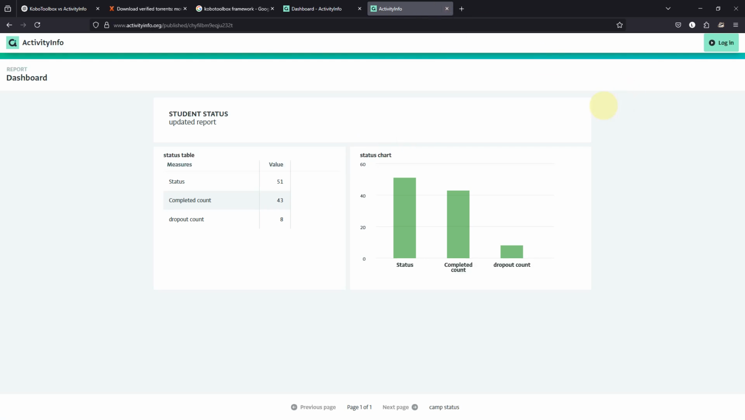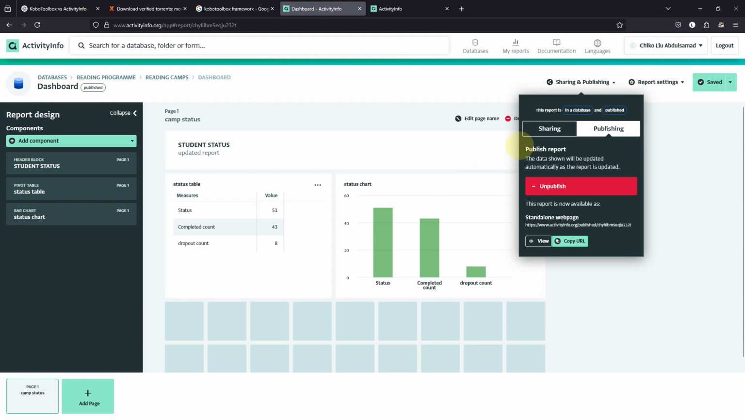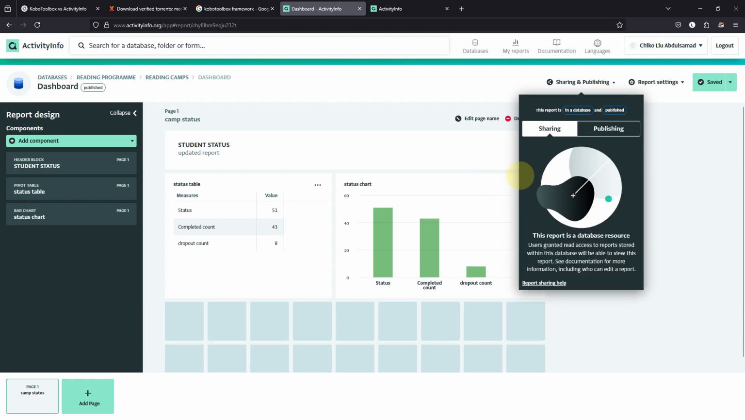And so you can actually share this with. Oh, so I don't have to necessarily log in to be able to. Oh, that's interesting. Never knew. Very interesting stuff. So for sharing, I can share this report with somebody by going to